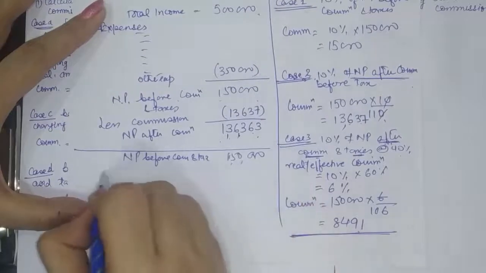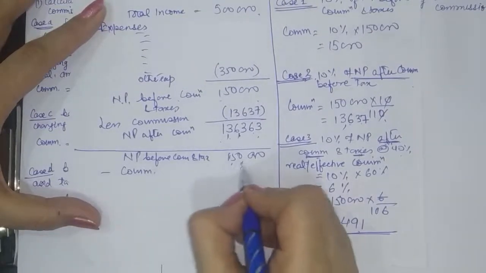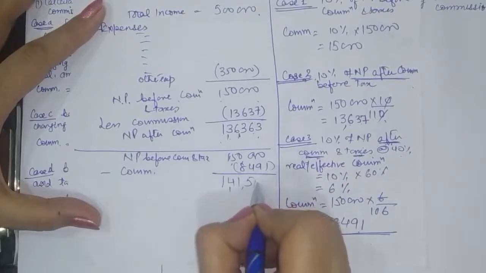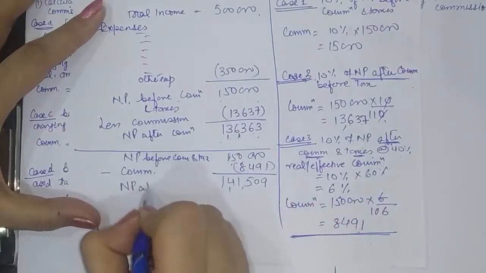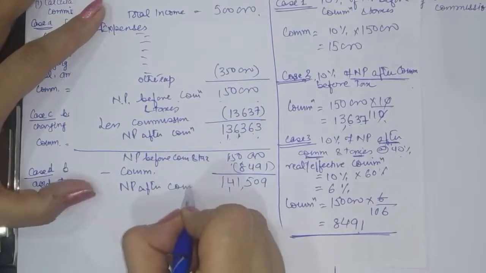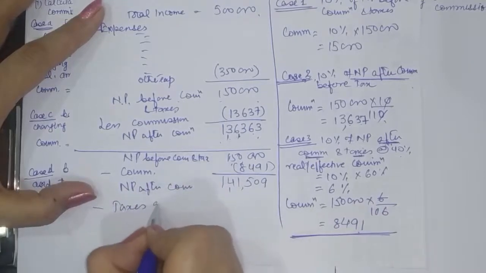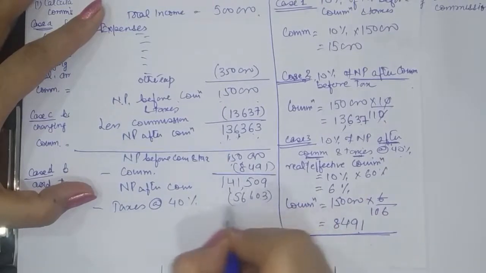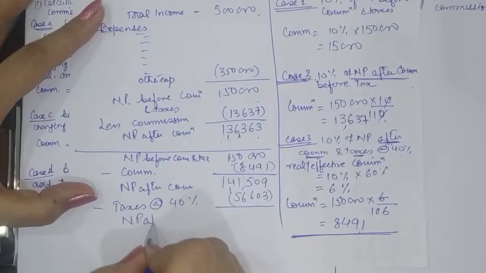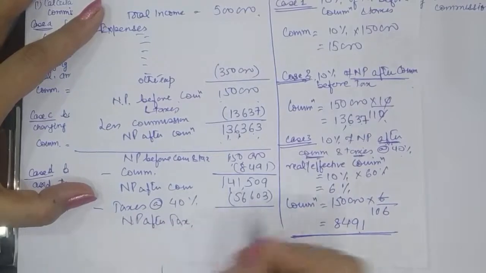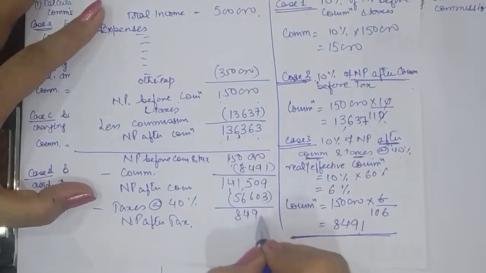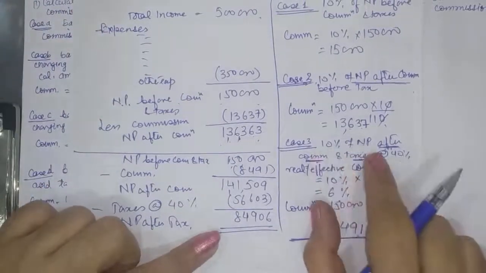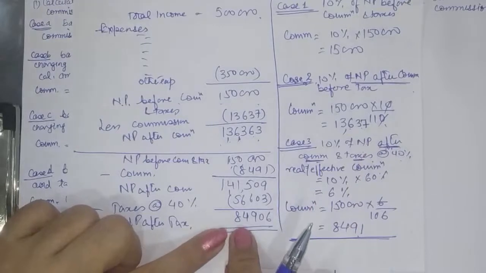Okay, now we can verify this also, since we were having net profit before commission and taxes 1,50,000. Okay, now deduct commission 8491. It means our profit is 1,40,509. Now less taxes at the rate of 40%, 56,603. So our net profit after tax and commission is 84,906,